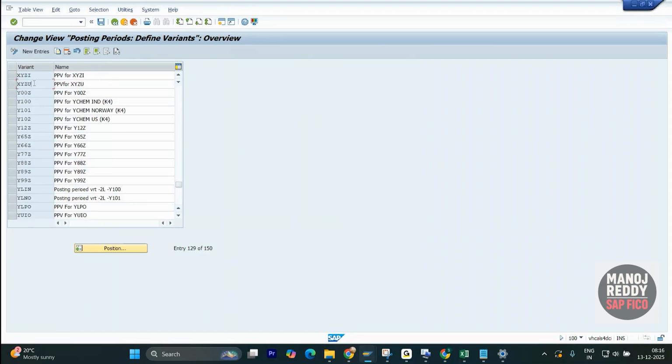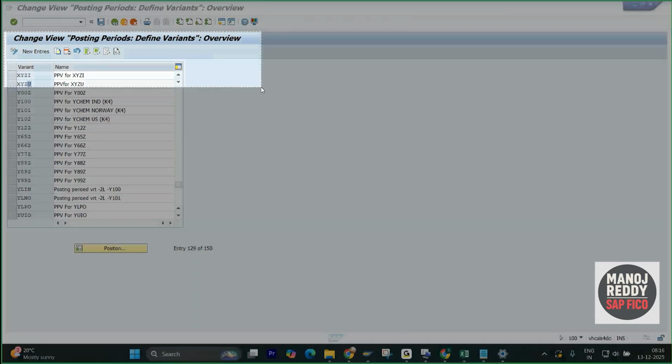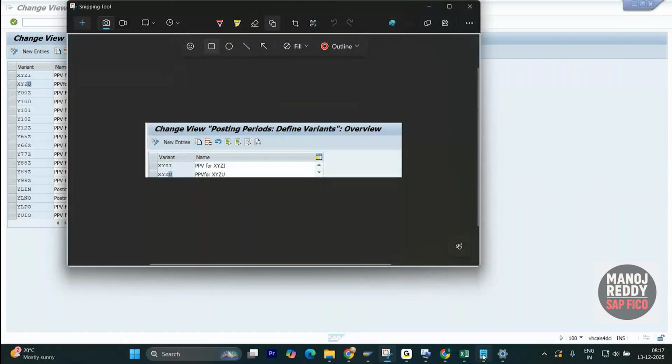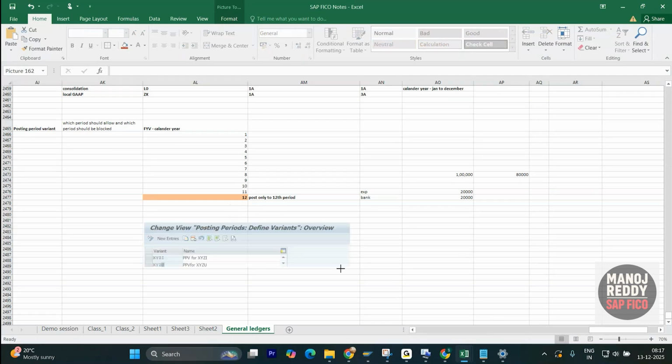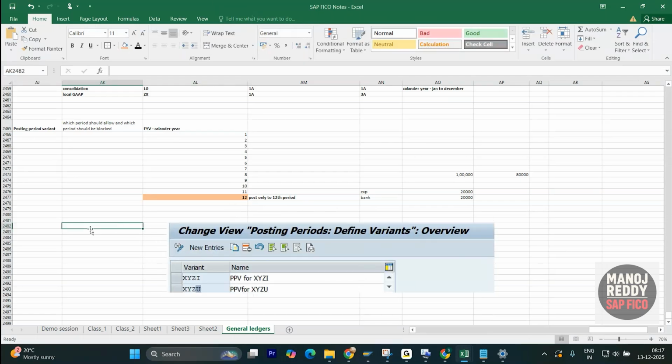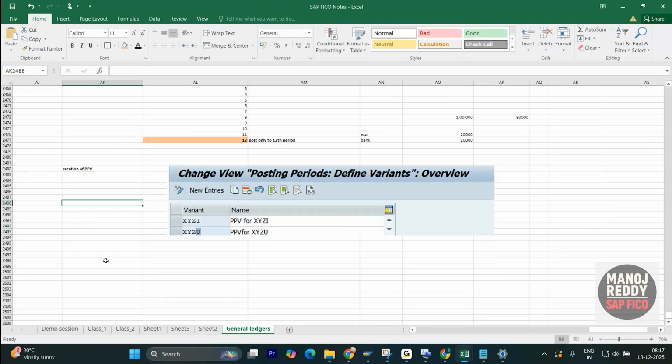For XYZI and XYZU, I have created my posting period variant. Now after creation, what do I need to do? I need to assign it, right? Posting period variant is at the client level. In the client level, with our example, there are fruits in the hall. So now XYZI and XYZU should pick those fruits, right? For example, now you will be assigning